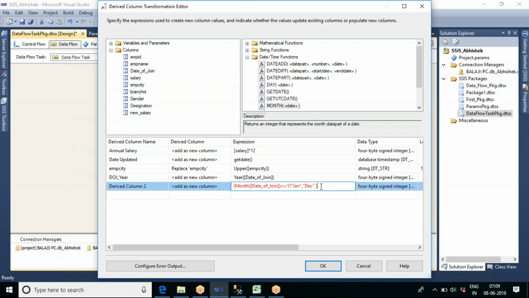Let me see what is the month of date of join. 1 is equal to 1.